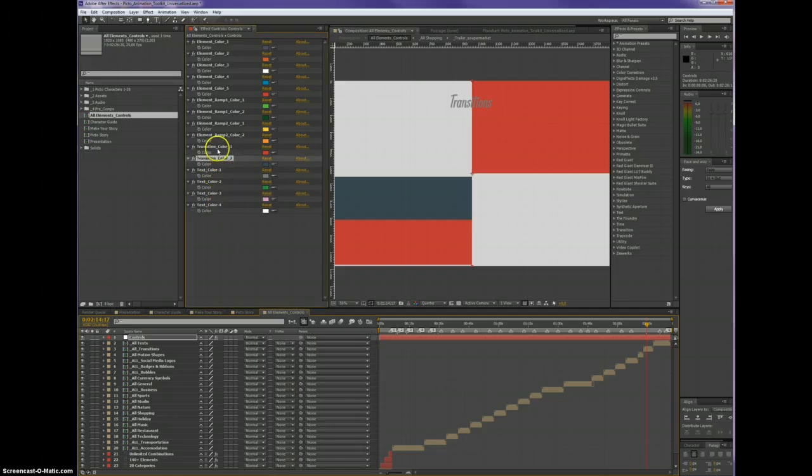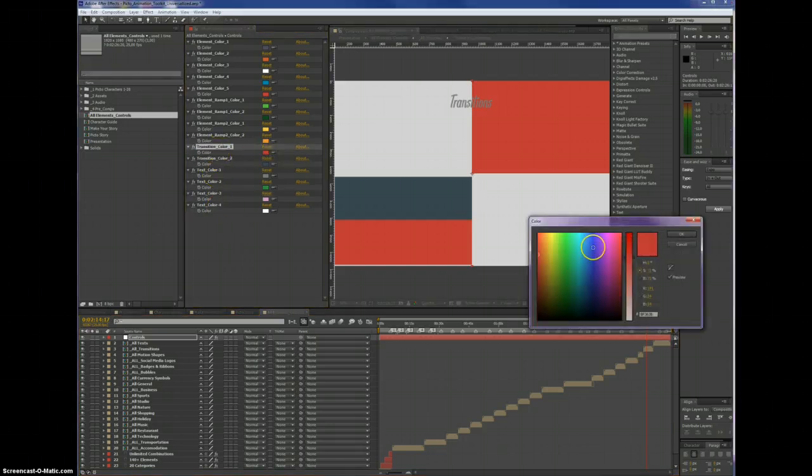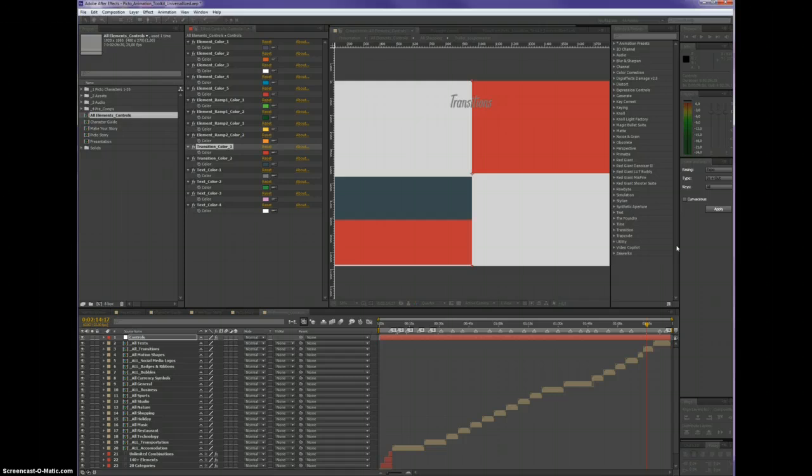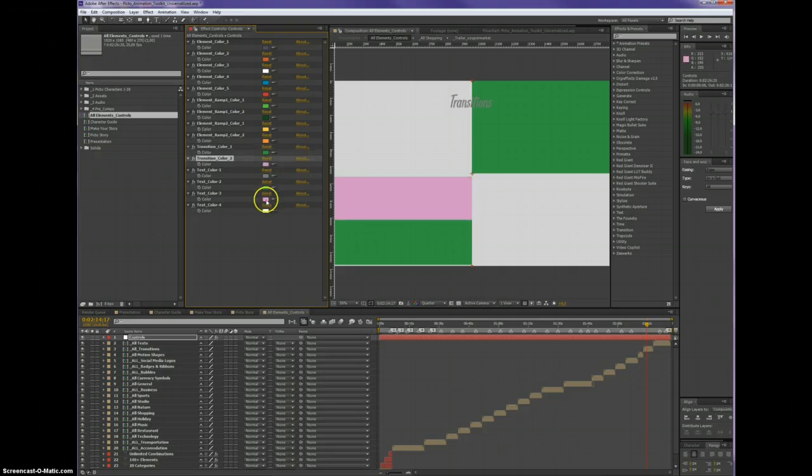Transitions, transition color 1 and 2. Let's say we use the picker to have the green one and the pink one here. So you can change the colors here for the elements. All elements controls are here. We talked about the character guide,